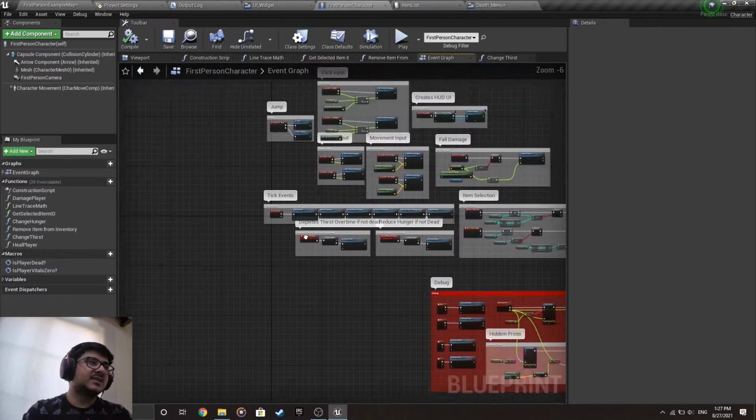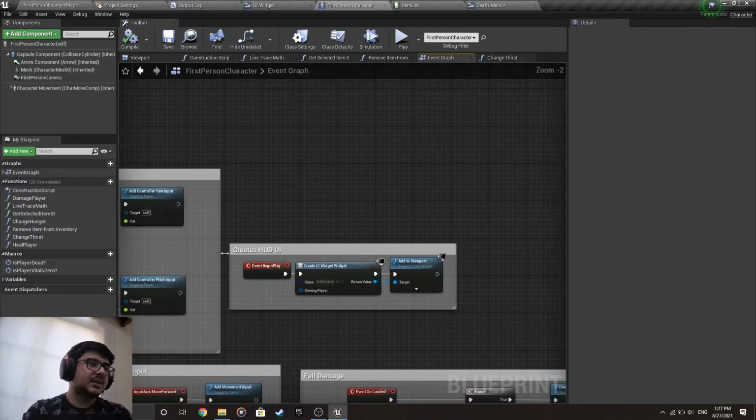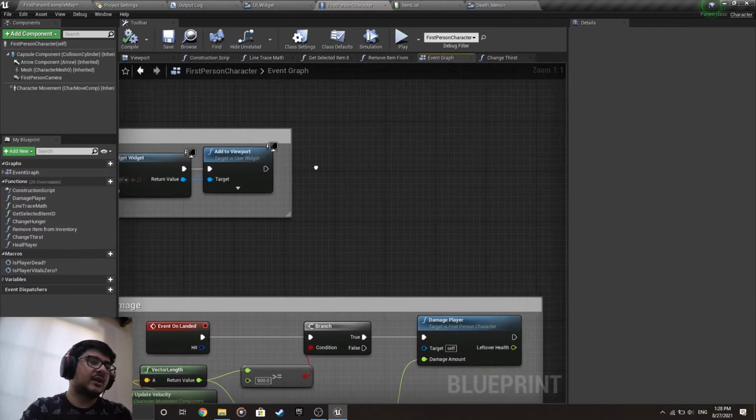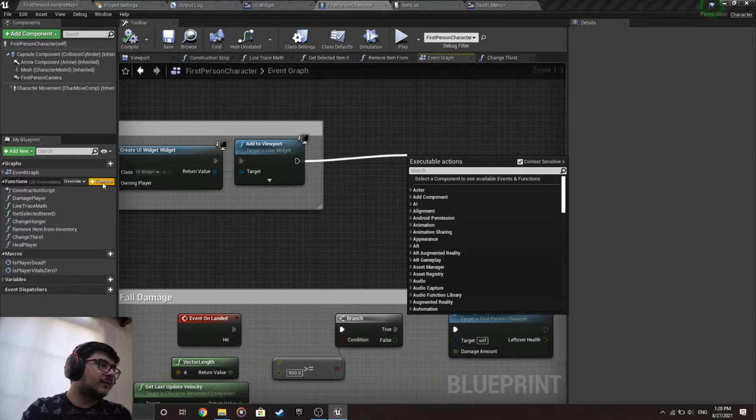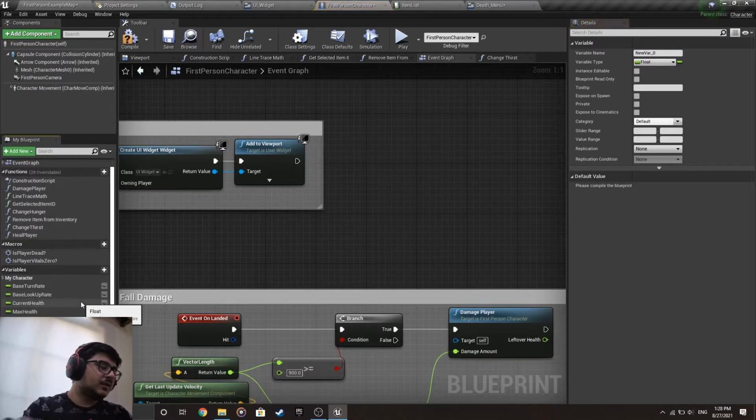Go back to the first person character. Sorry about annoying you for going back and forth. But anyway, when we do event begin play here, wait, we did it here already. We also make a variable here. Wait, why is it closed? Turn it on here. Variable called